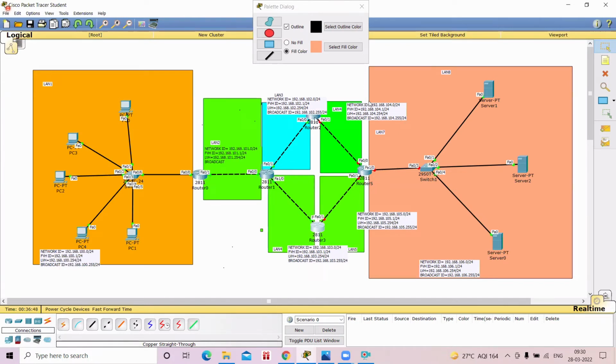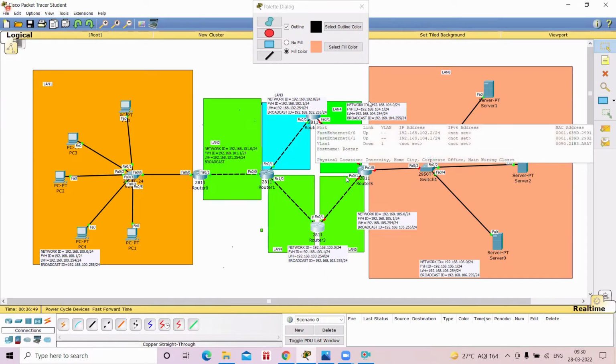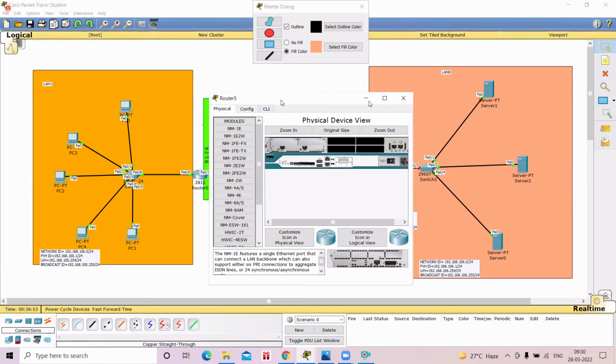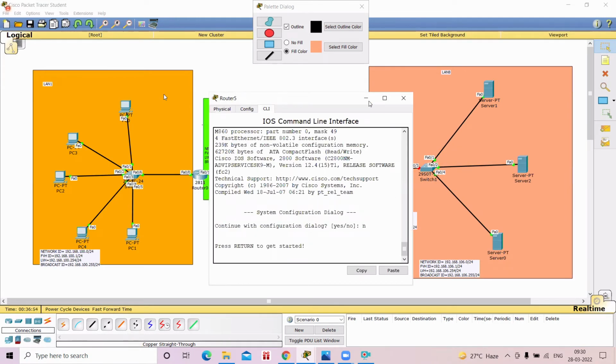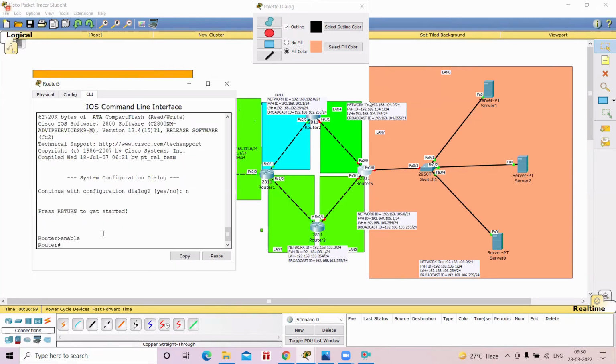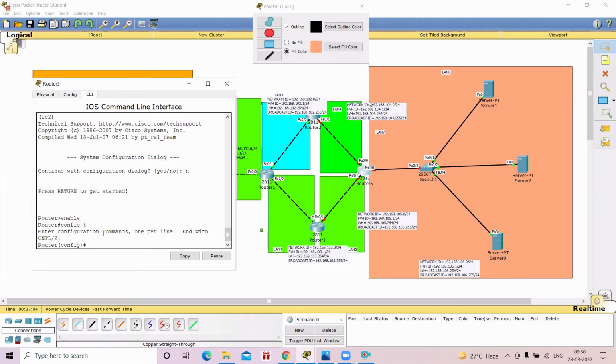Now, router 0's both ports are connected. Now I'll go to router 5. Again, the same thing is to do. Enable, config t, and then